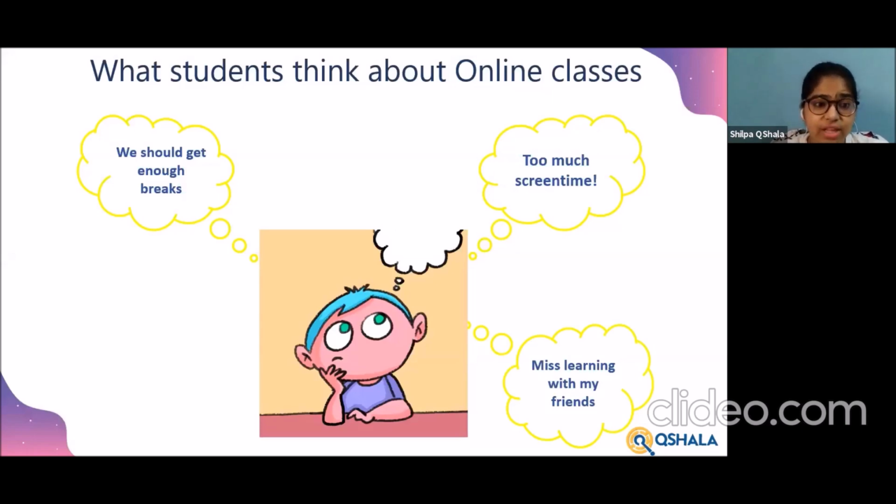They miss learning with their own friends, right? So now with online teaching, the classes are more isolated to one child. Whatever learning they do is something that they do individually. There's no collaborative or teamwork that is really happening because they're not working with their friends. Even if in classrooms we don't really make them sit in groups and ask them to work in groups, it usually is a practice where kids ask each other for help, and each of them help each other out, right? So that is something that is missing in the online classes, is what these kids felt.